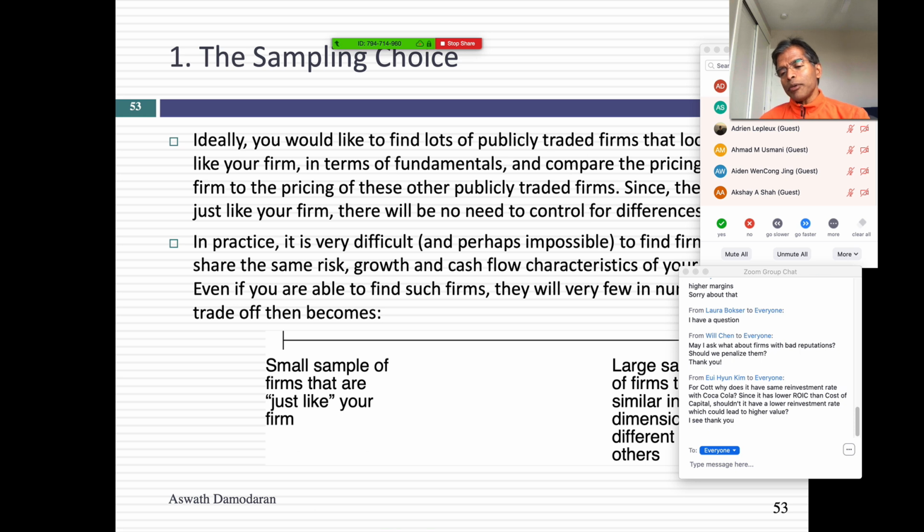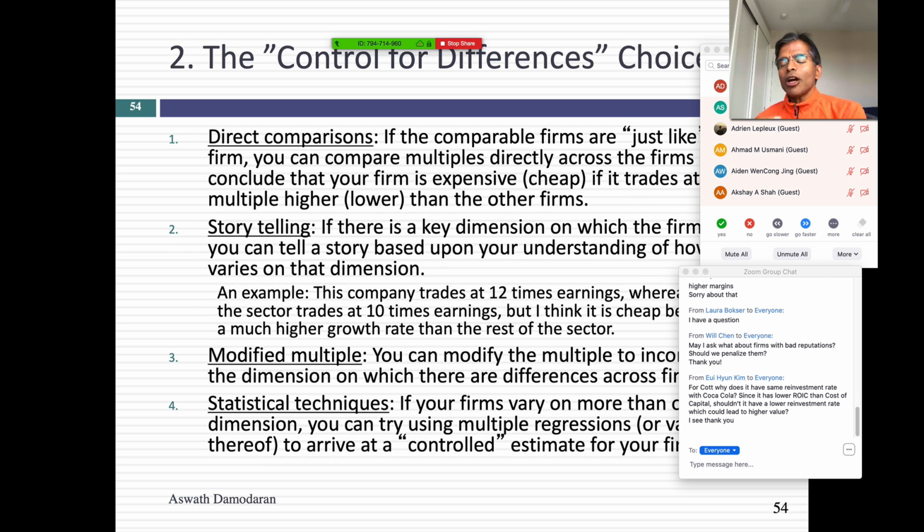So the first choice we have to make is small samples of companies just like yours or larger samples. And my statistical side says go for a larger sample. Second, you've got to control for differences across your companies. Even between Uber and Lyft, there are differences, right? Uber is a global car service company. Lyft is just US car service. Uber has other businesses like Uber Freight and Uber Eats. Lyft is just car service. Uber is in more US cities than Lyft is. So already you can see, even with those two companies that we think of as very similar, there are differences. And you have to ask yourself, how will those differences play out in the pricing of these two companies?